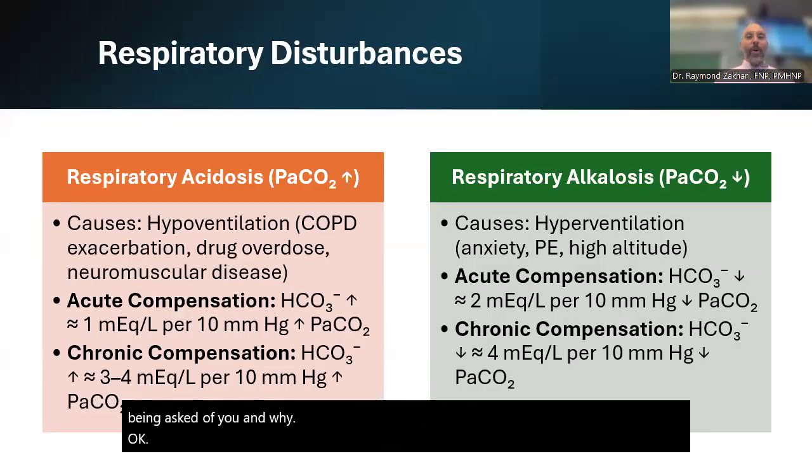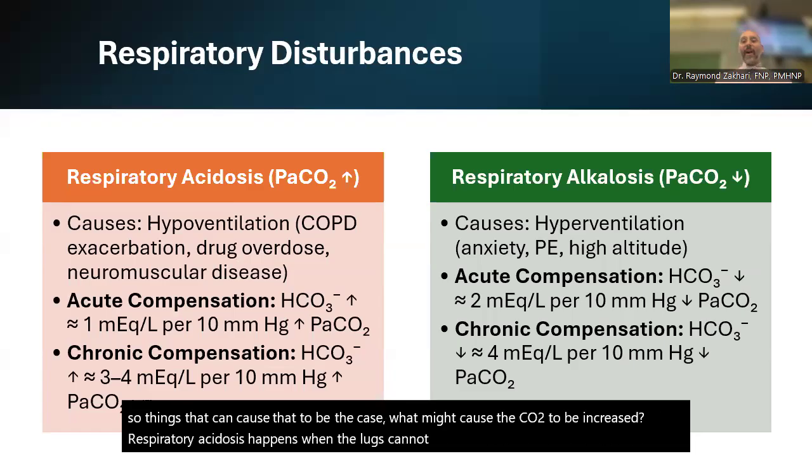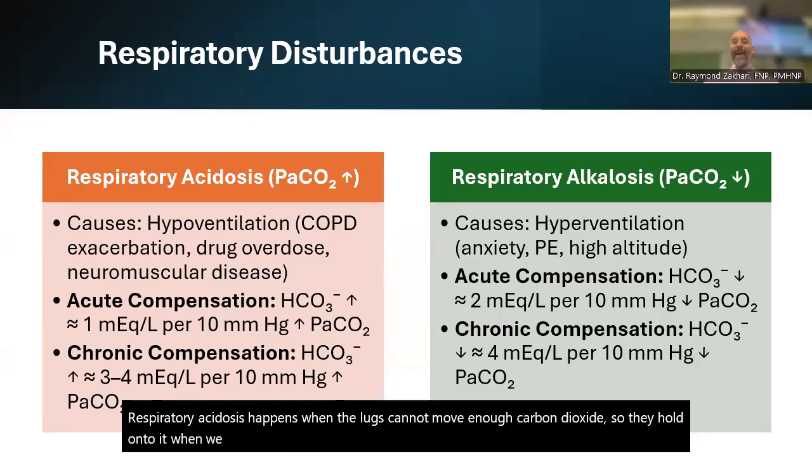So here are some causes of respiratory acidosis as manifested by an increased CO2, right? And so things that can cause that to be the case. What might cause the CO2 to be increased? Respiratory acidosis happens when the lungs cannot move enough carbon dioxide, so they hold on to it. When we say remove, meaning get them out, the CO2 goes up to greater than 45, and this causes what we would call